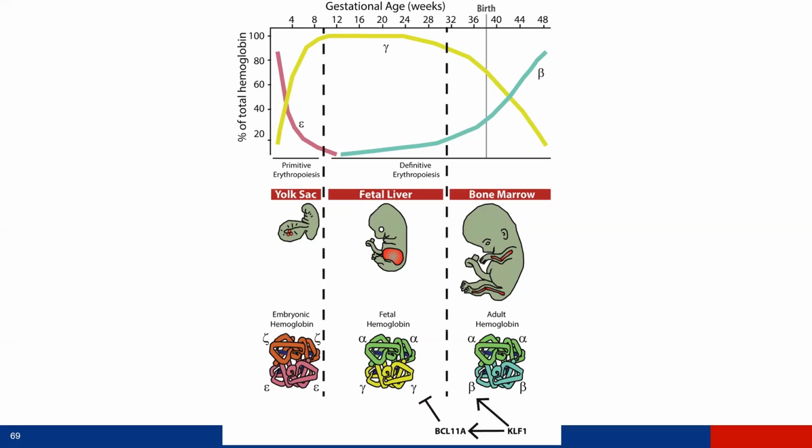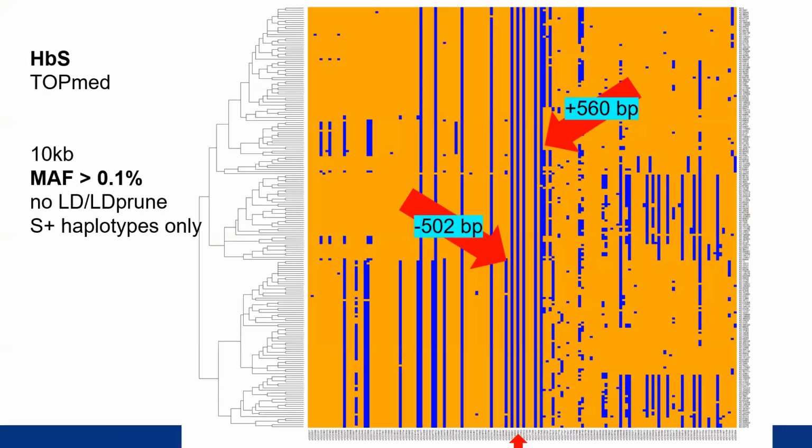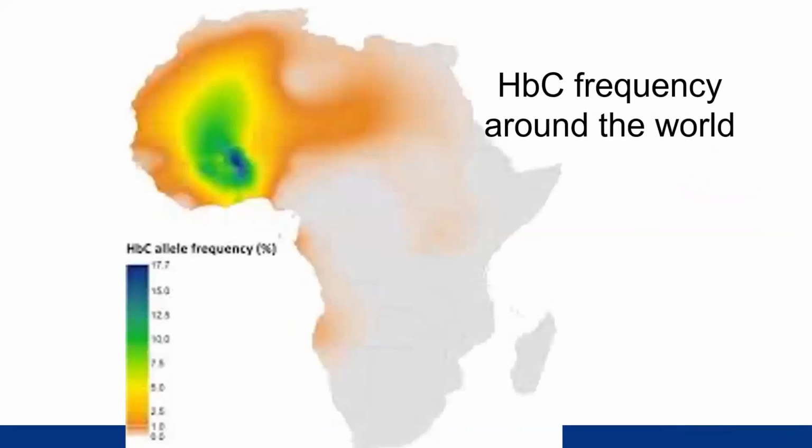the genetics of fetal hemoglobin regulation. One of the other questions we're trying to get at is: is the genetics of sickle cell sequelae in Brazil the same as in the US? Because there was some worry that,